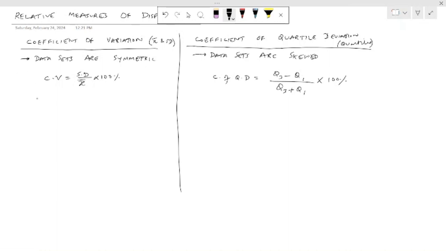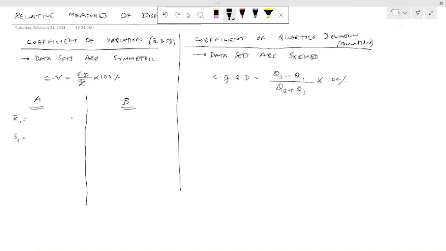Now I'm giving you the example of two workers who are working under the same conditions. What we may expect is a difference in their output in terms of mean and standard deviation, if the two data sets A and B are considered symmetric. Therefore, we are going to use coefficient of variation as a measure of relative dispersion to compare the productivity of these two workers. So data set A I am labeling as x1 bar